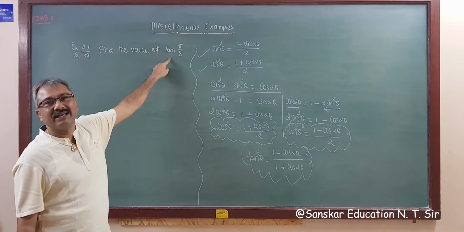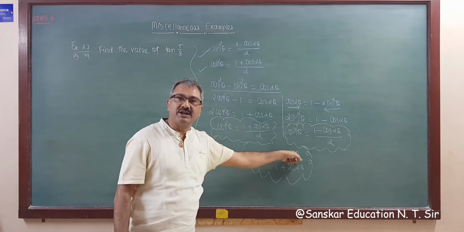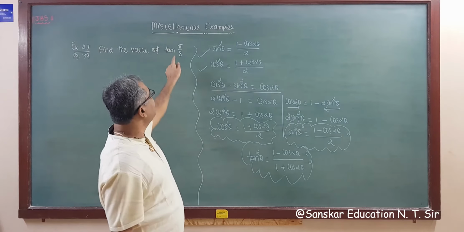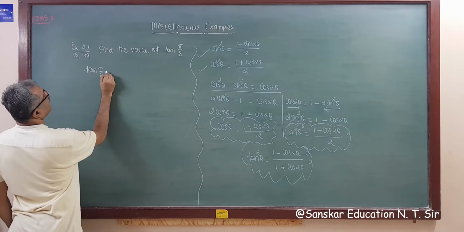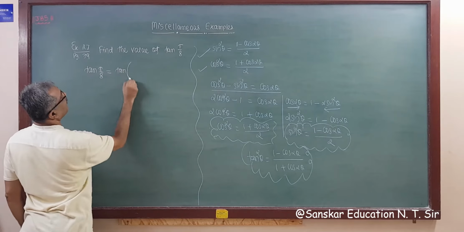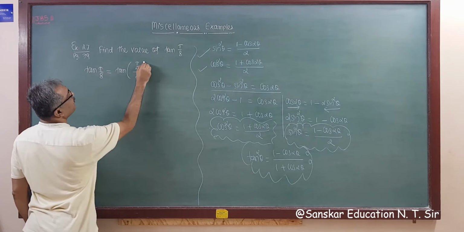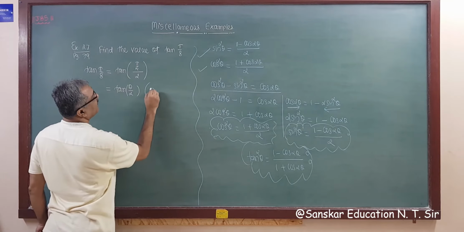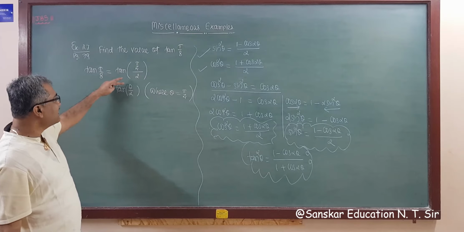Now we have to find out tan pi by 8. So if we apply this tan square theta formula, then we have 1 minus cos 2 theta, means the angle becomes double. Now this pi by 8, so can I write it like this? This tan pi by 8 is equal to tan of pi by 4 divided by 2, and I am taking tan theta by 2, where theta is equal to pi by 4. That is, this is tan theta by 2.